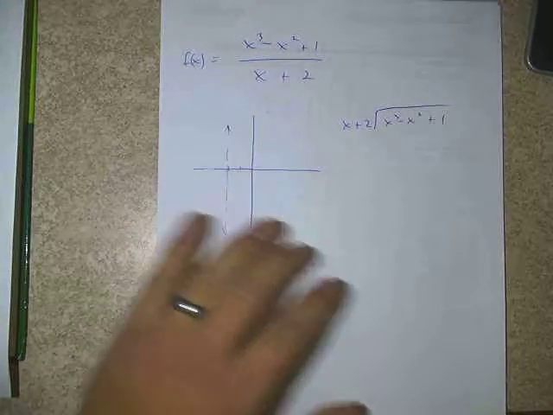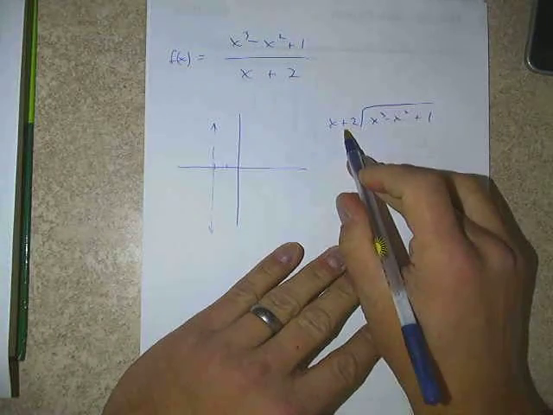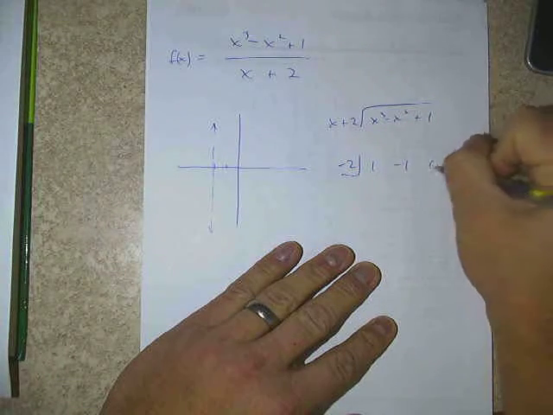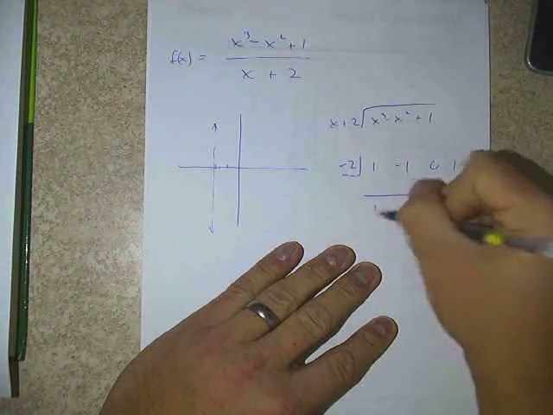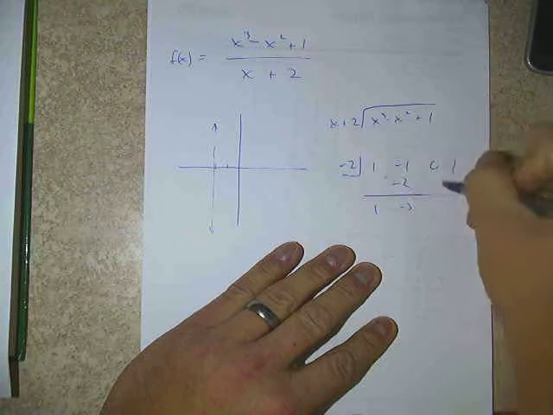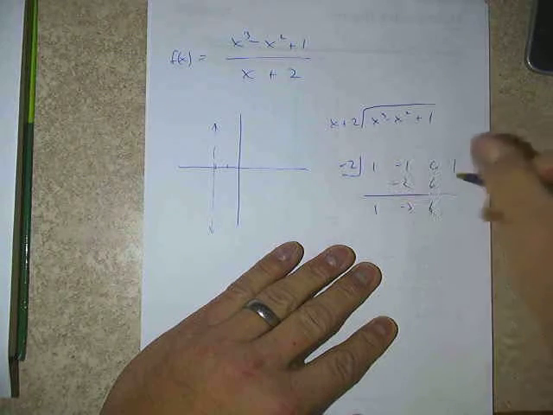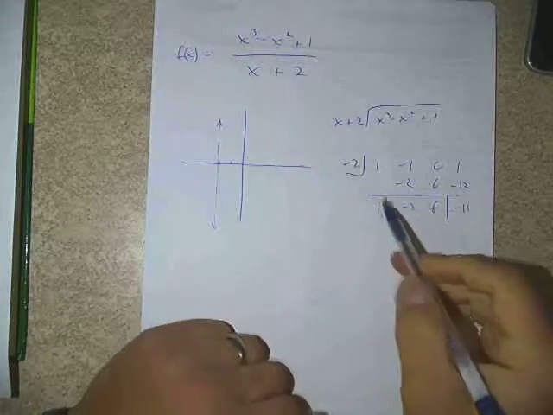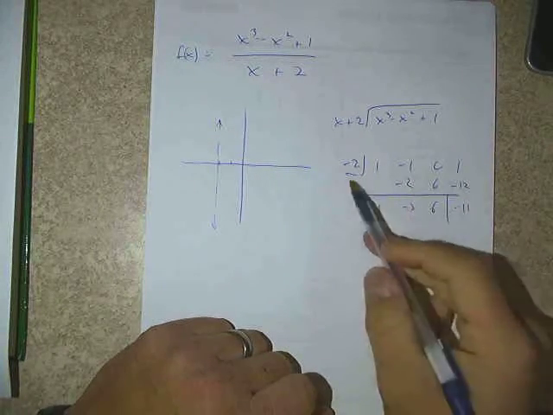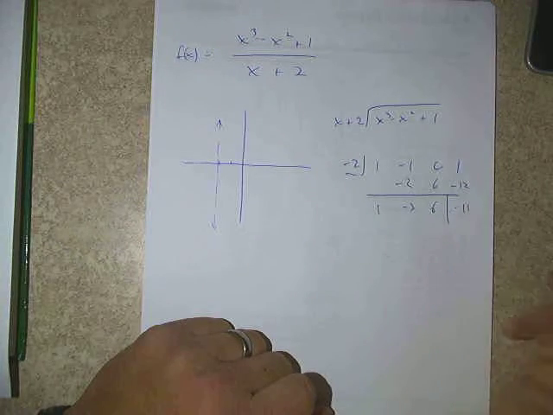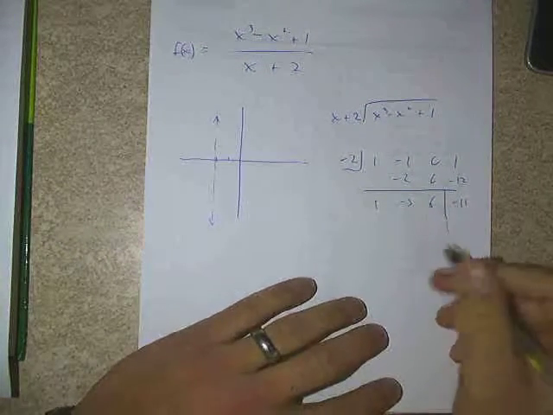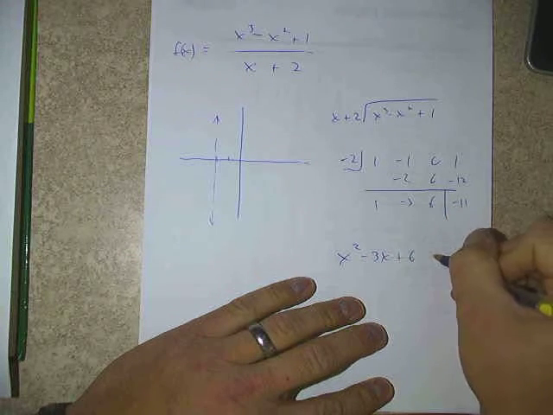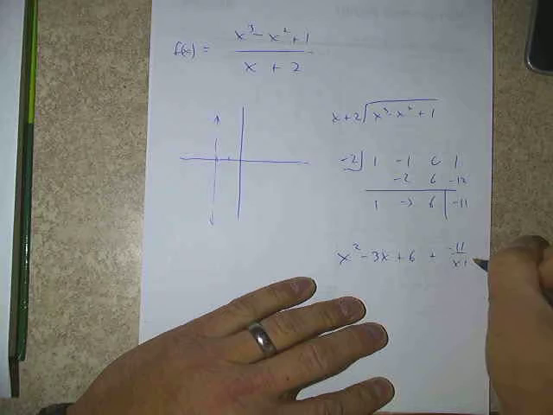So if we do this division here, x plus 2, x cubed minus x squared plus 1, just for argument's sake, I'm going to do this with synthetic division just to show that we can. Because we have a linear divisor here, remember? So if we were to just do the synthetic division, 1, -1, 0, and 1. Okay. So if we were to bring down our 1, multiply and add, multiply and add, multiply and add, we'd